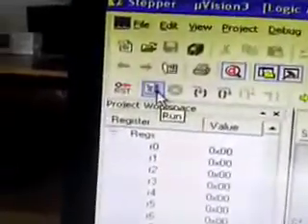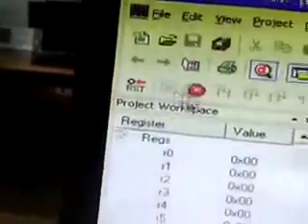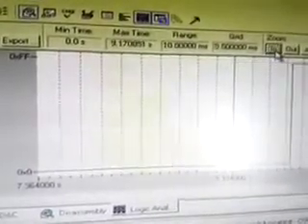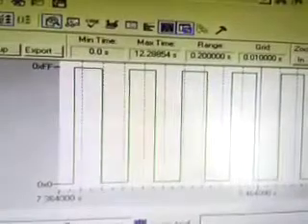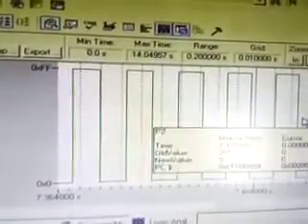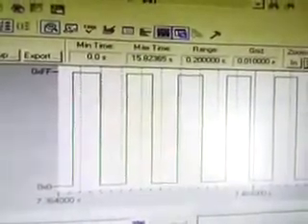Then you have to run continuously. You have to use this F5 or this icon. When you run the program, you can see that the square wave is being generated. If you are unable to see, you simply zoom out. If you zoom out, you will be able to see the output. So this is the DAC program